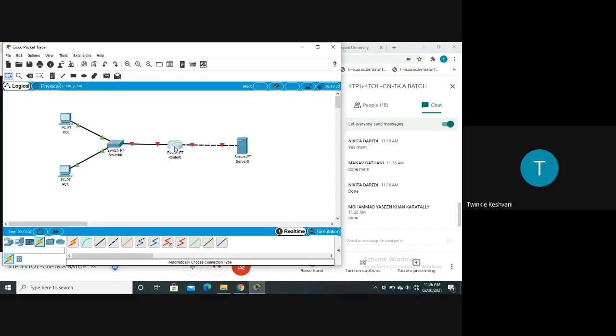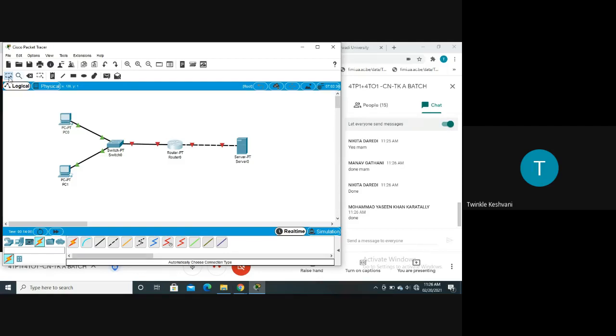Now, by placing all these devices here, we have to give the IP addresses, right? पहले तो हमें क्या करना होगा, IP addresses देने हैं, default gateway देना है, right? So from where the message transfer takes place. So before giving the IP address internally, पहले हमारी information के लिए हम यहाँ पे एक note लगाएं. We'll place one note here just for our information that we have given this IP address to this PC.